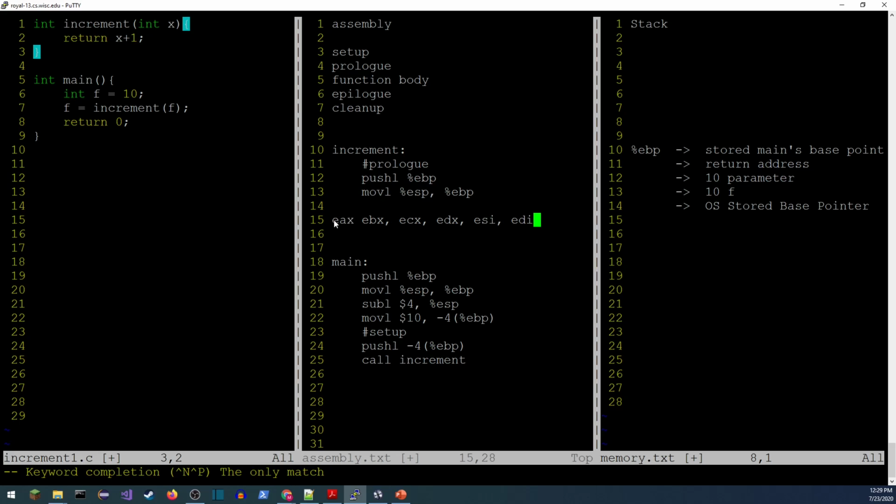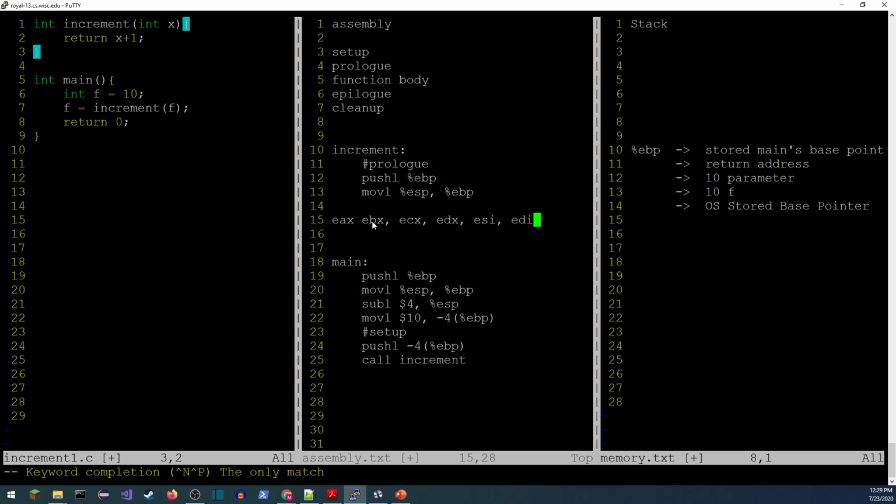The absolute best choice is EAX because that's where we're going to store the return value. If I do this relatively simple computation in EAX, then the answer is all ready to be returned when I'm done with the function. But I don't have to do that. If I'm writing code, I can do anything I want. The next best choices are ECX and EDX because I don't have to worry about restoring them when I'm done. Those are the caller-saved registers. So if the caller, main, is using these for anything, it's responsible for storing whatever's in there. I can change them and then not worry about it.